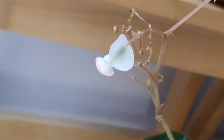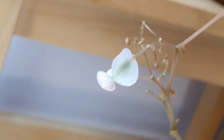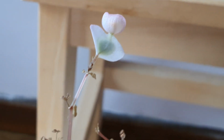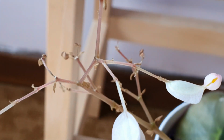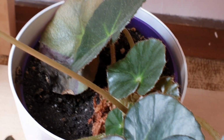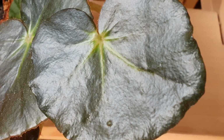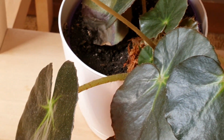As you can see, it's not a regular shaped flower bud. It's very interesting looking. It had many more, but you can see that some of them already have fallen off from the plant. And as soon as this plant got some colder temperature, that's when it started to bloom like